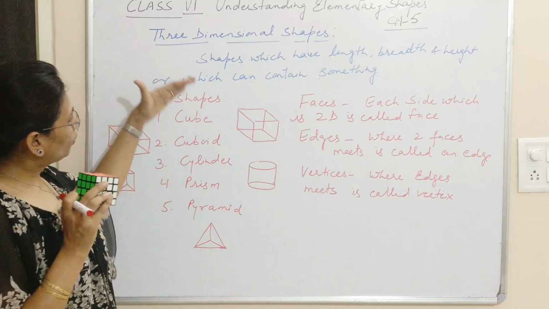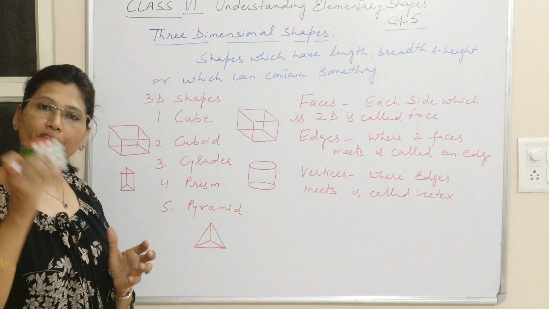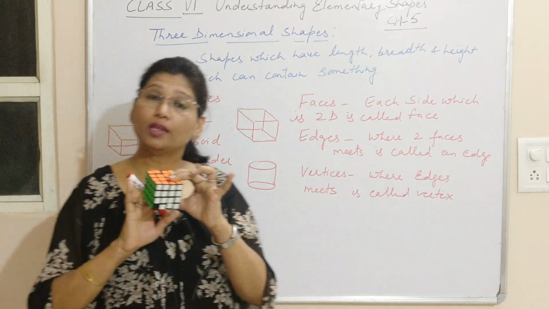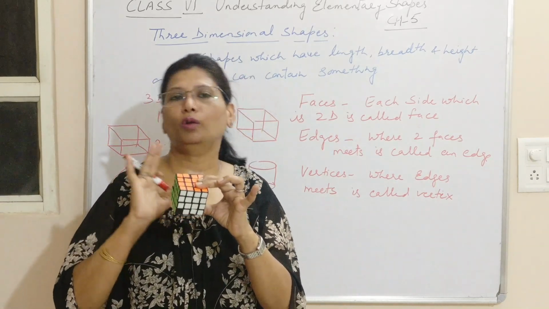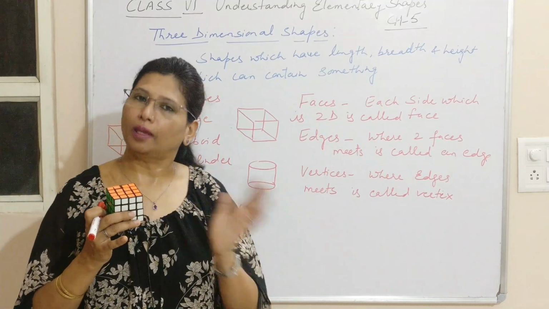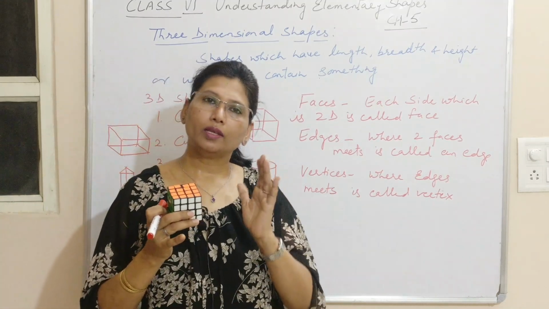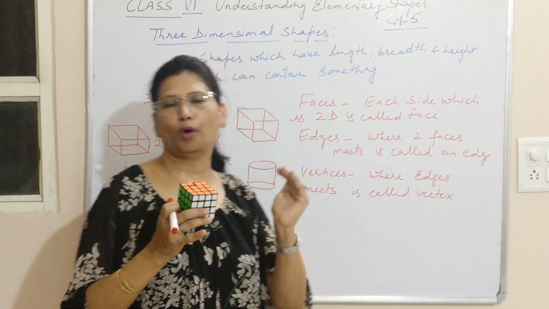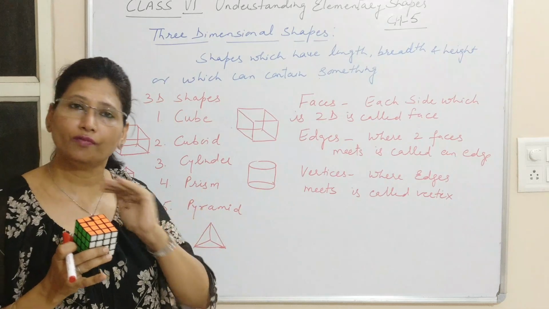After that, now these are the shapes. Now as far as cube and cuboid are concerned, and we are looking for the faces, the edges, the vertices, for cube and cuboid it is the same. The only difference is that in a cube all edges are the same. In a cuboid the length, breadth and height are different.